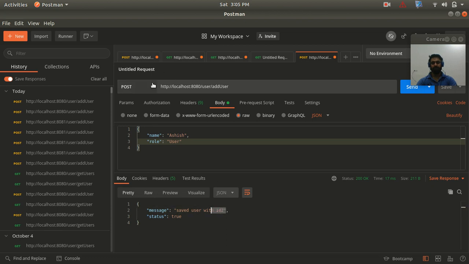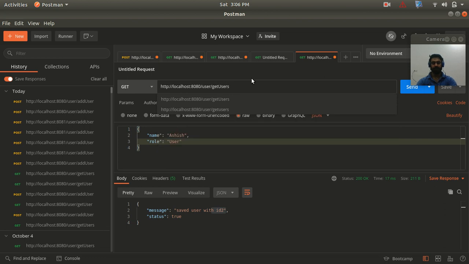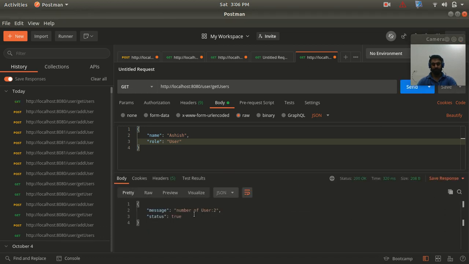Now let's fetch all the objects we have saved. Get method, and this is the get users, right? So let's hit the send button and let's see whether we are getting the users or not. So guys, you can see that we are getting the number of users as 2. So it means that our endpoints are working fine, right?